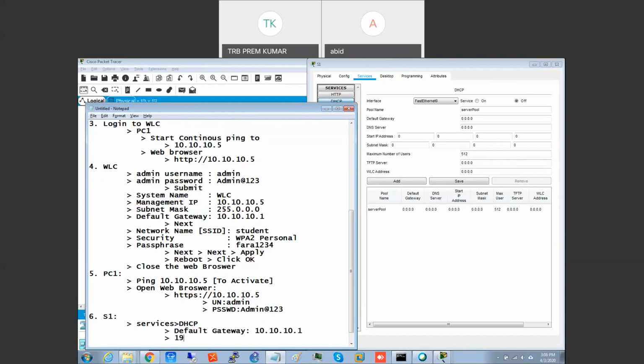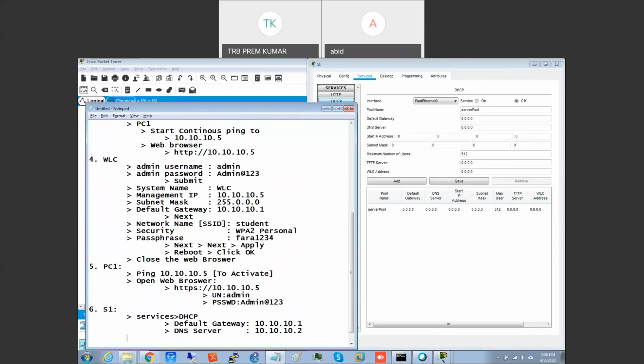DNS server will be 10.10.10.2. Then start IP. Start IP will be 10.10.10.100.